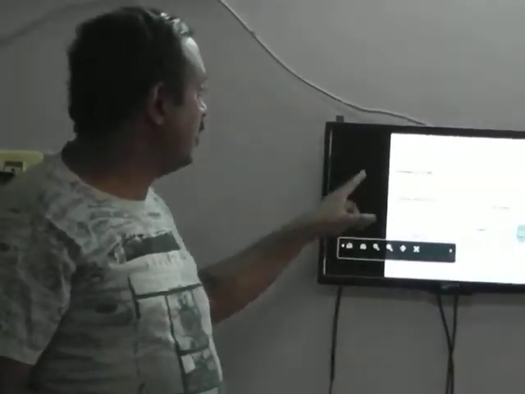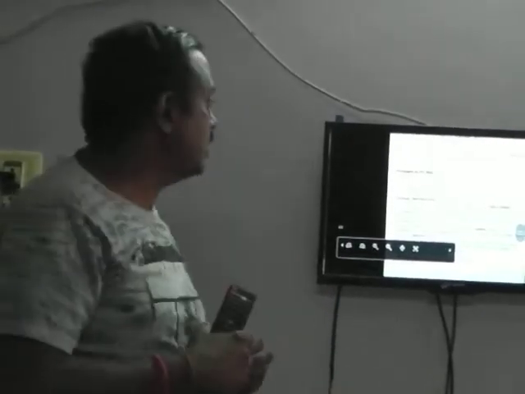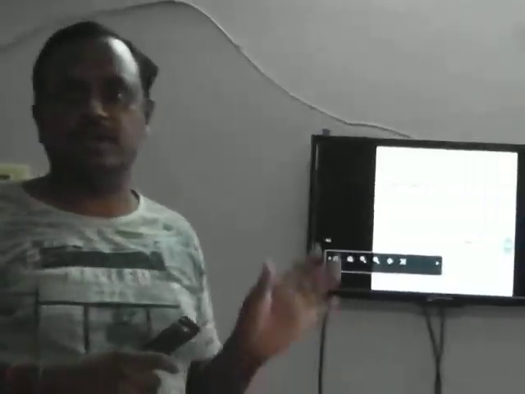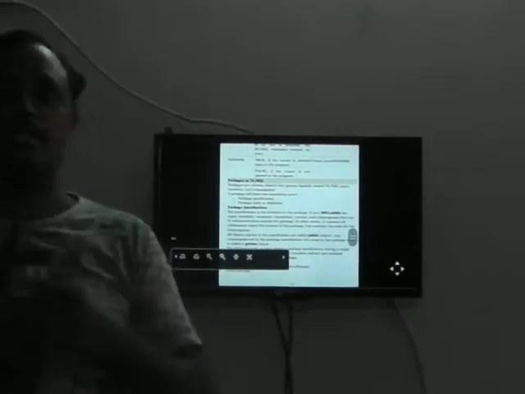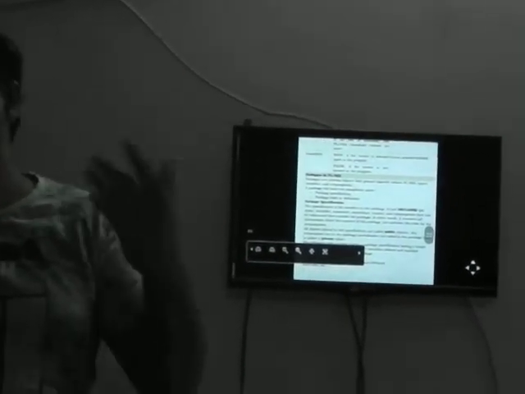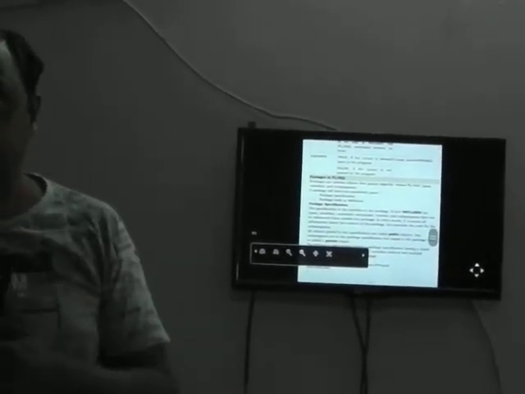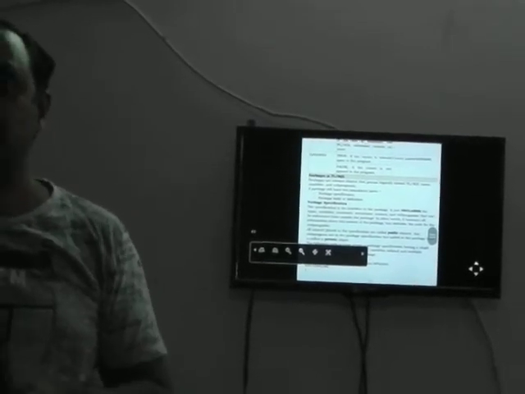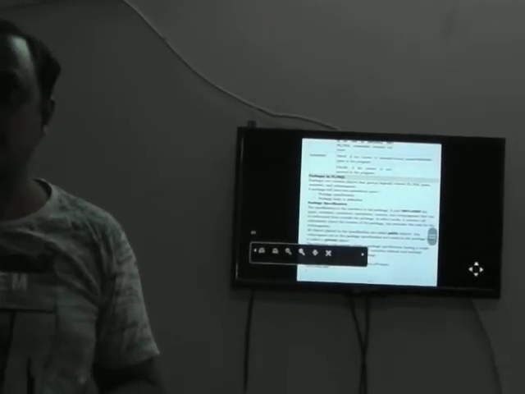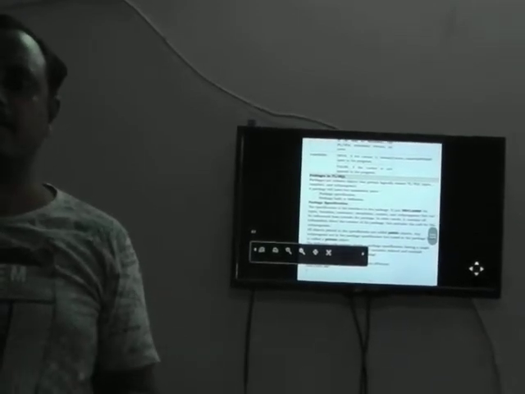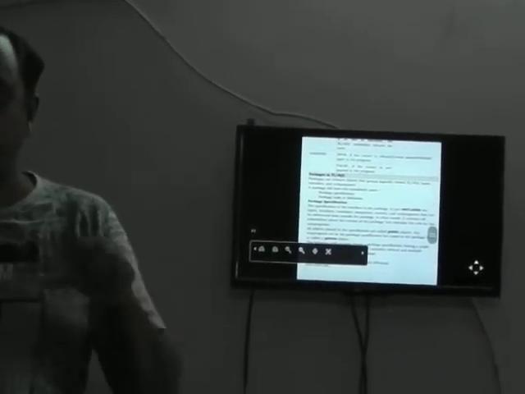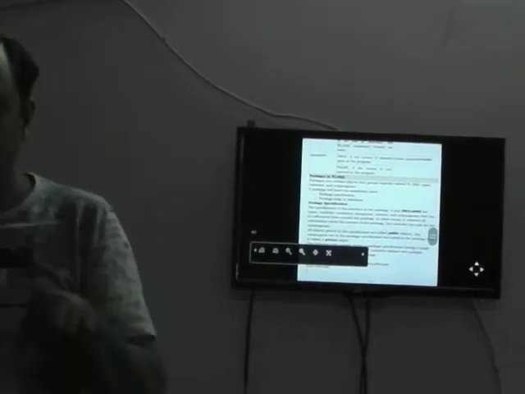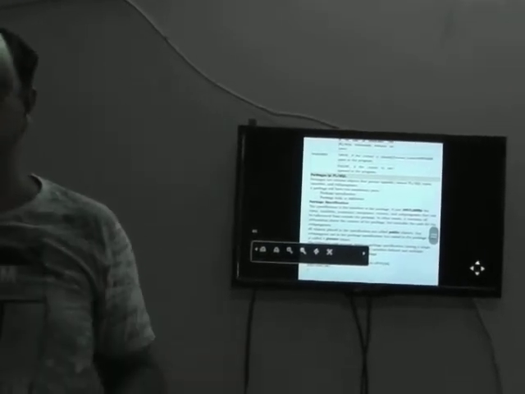Then the last topic, we'll discuss packages. Before going to the definition, everyone knows packages: in the Java language there are also packages, in the C language and in C++ too, with different names. In C and C++ you can call them libraries, whereas in Java we call them packages. What do you mean by packages? Whichever actions you want to put at one place, when you require them, you can use them from that place only.